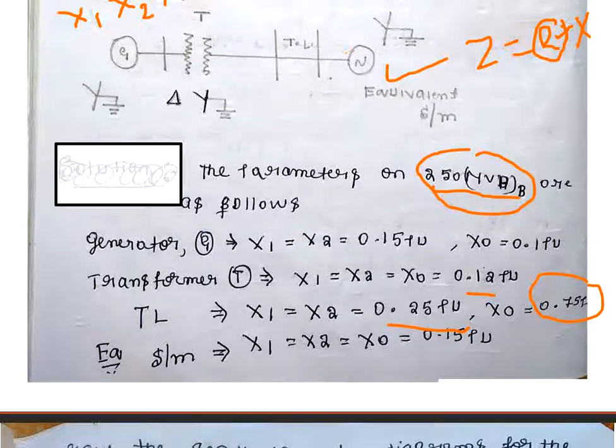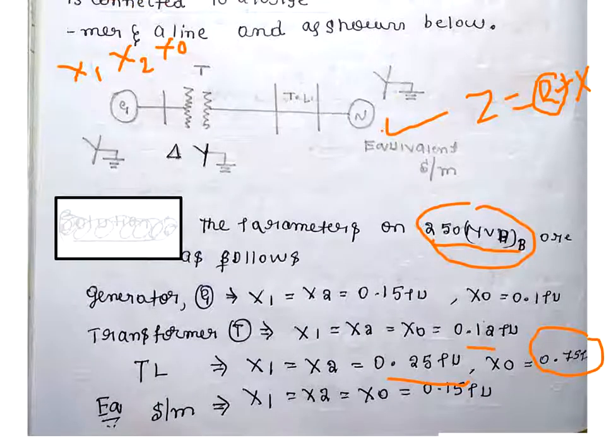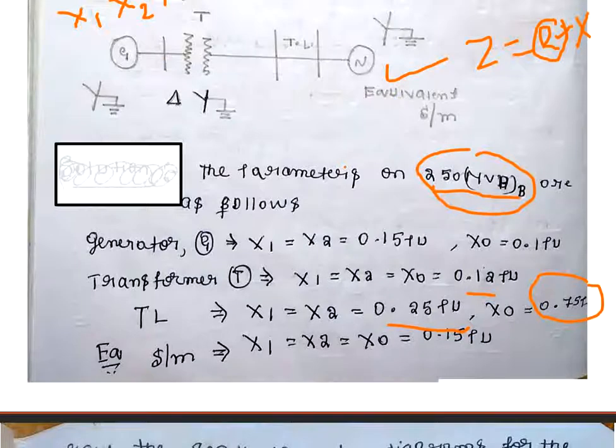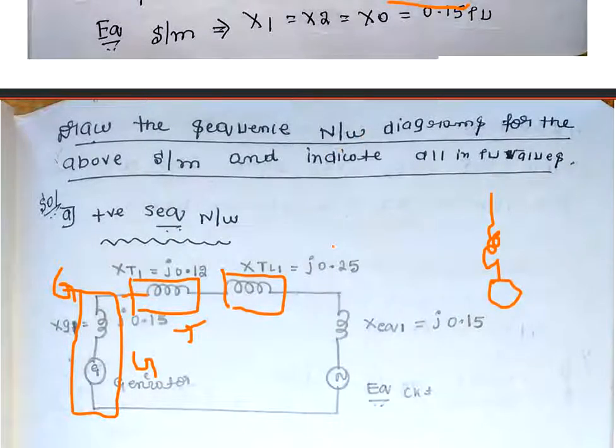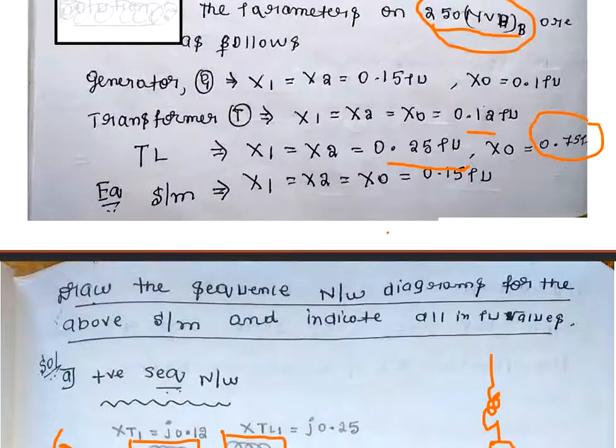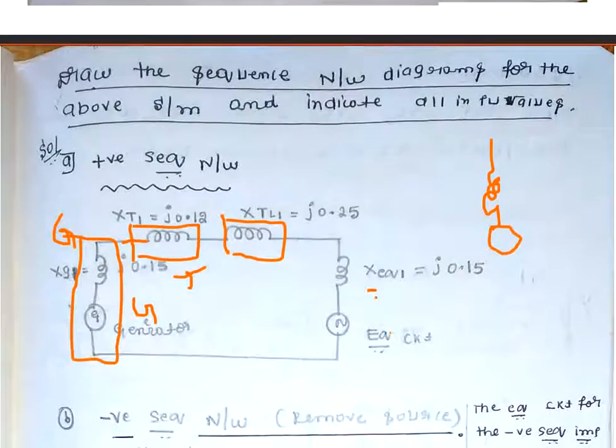After the transmission line, what is there? Motor. It is not a motor, it is an equivalent system of a large system. It is almost equal to your alternator, because some power has come from some other generators there, right? It is also generating, or you can take it as a substation. So it is similar to your generator or alternator only. It produces some power. So for that equivalent system, x1, x2, x0 equal to 0.15 have been given.